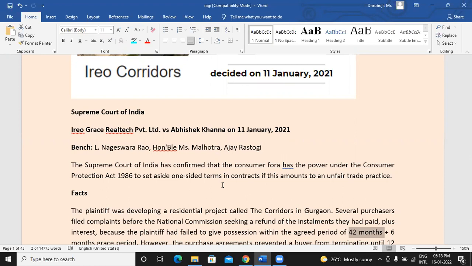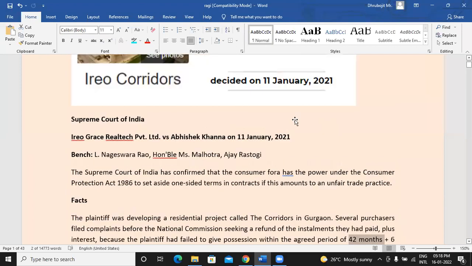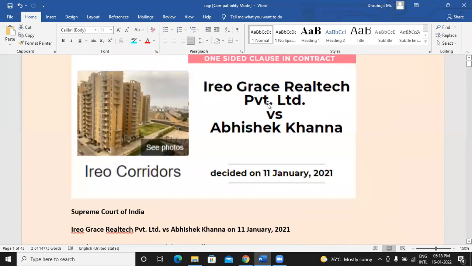District, state, and national. Correct. So under consumer, yeah, you are correct. So district, state, and national, we have these three levels. Now, because this buyer was not happy with the services provided by this builder, he decided to go to